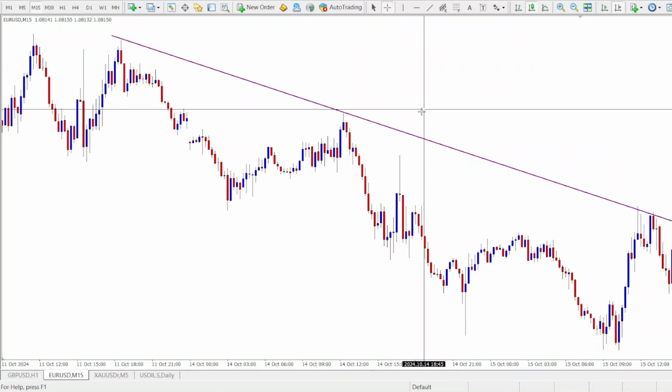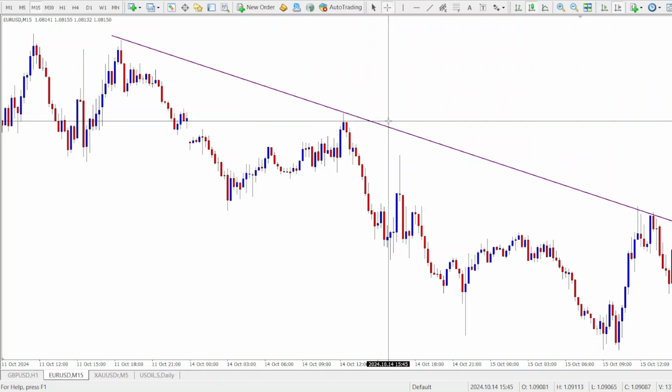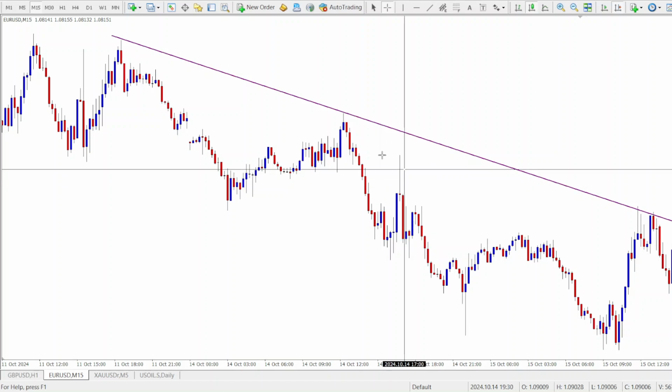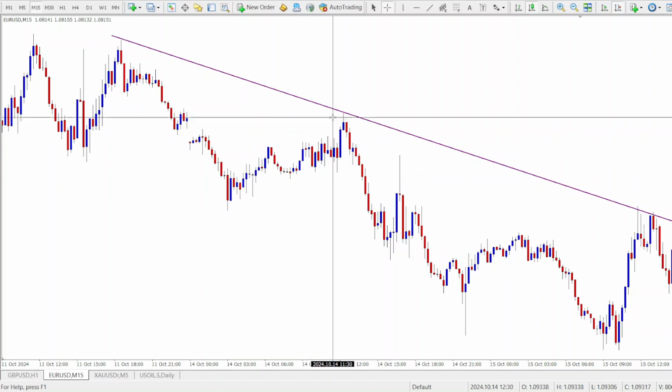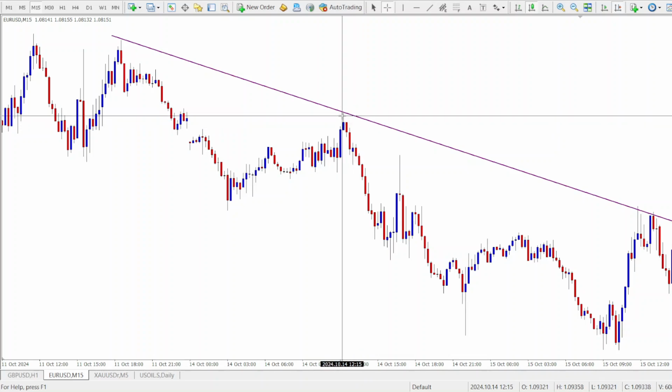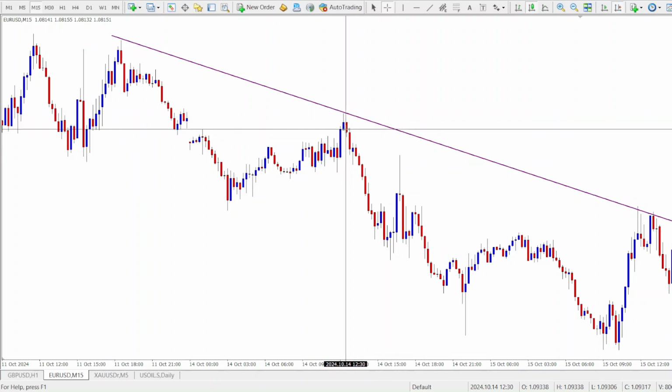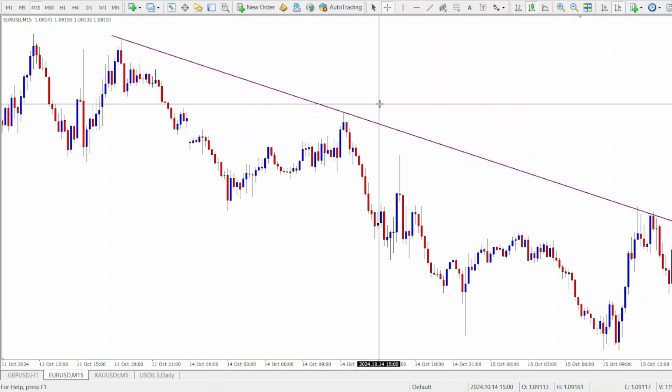So now, because this is a volatile pair, it's a pair with high liquidity, we will notice that from here to here, you can see from that point to this point already gave us about 46 pips. As you can see here, already gave us about 46 pips. So since we are trading on the 15 minutes time frame, we can enter two trades and we've got our 50 pips already. So when we want to trade in the direction of the trend, once we notice a bounce off from the trend line resistance, we can decide to enter a sell and then set a stop loss right above the swing high,